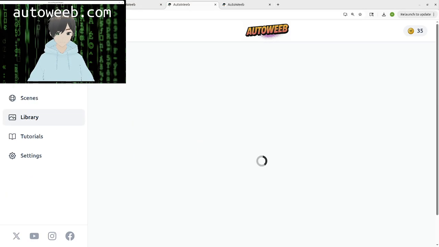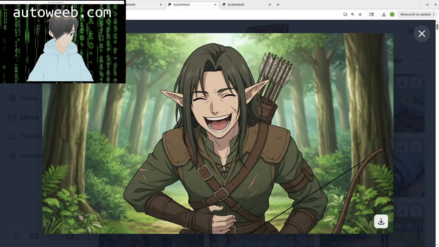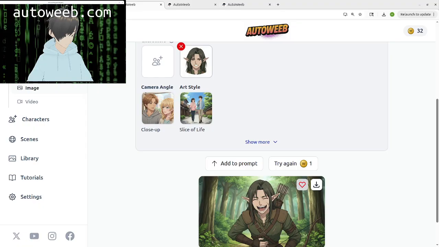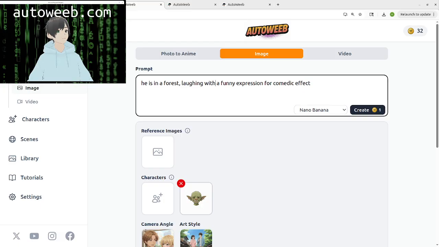Let's compare, because I don't want the background to look the same. I think it's fine. Actually, I quite like it. So now let's have the goblin bandit say he's in a forest. And he is